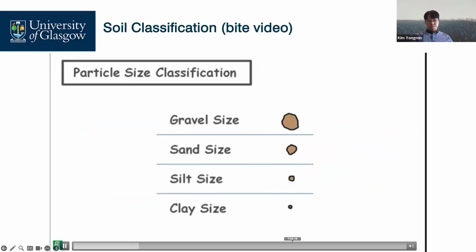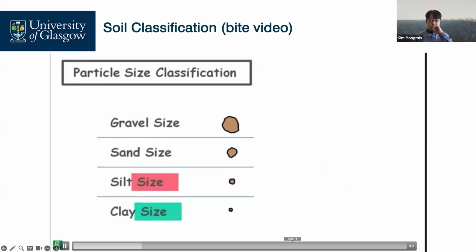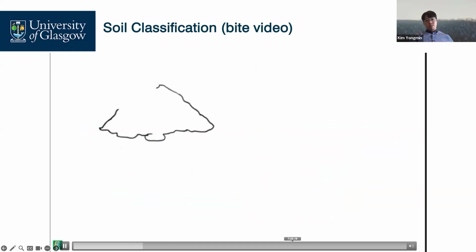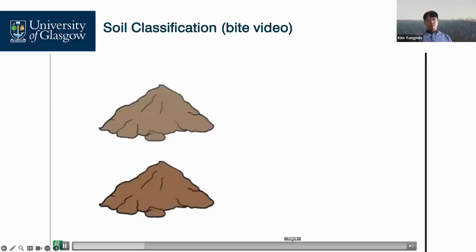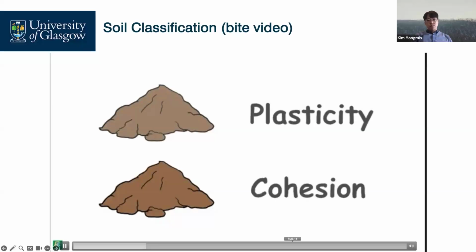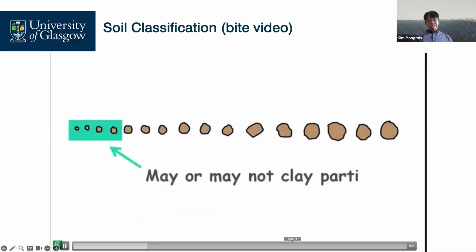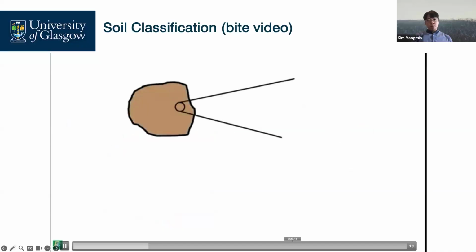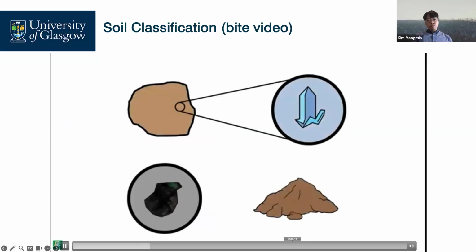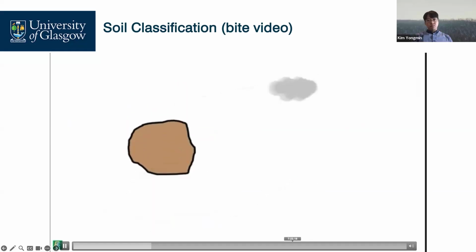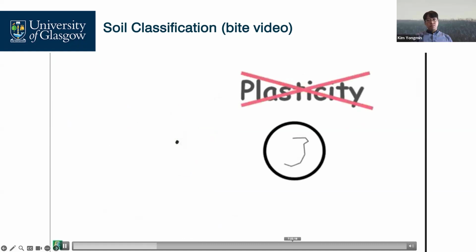Do notice that we have written silt size and clay size, not silt and clay, because these are the ranges of size, not the actual silt and clay, which exhibit properties of plasticity and cohesion. Not all the clay sized particles are clay particles. A big rock boulder has some rock mineral composition which is different from clay minerals. Such big rocks, because of weathering, transform into smaller particles. Their size may become as small as clay particles. But such particles do not exhibit plasticity as they do not contain the clay mineral and certainly are not clay,